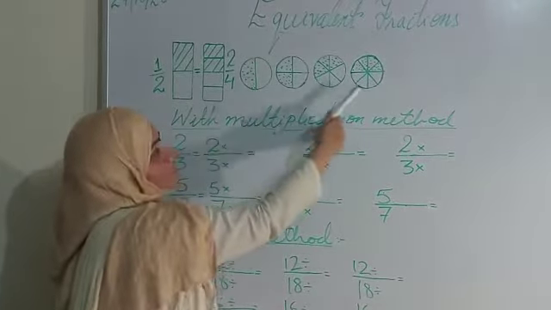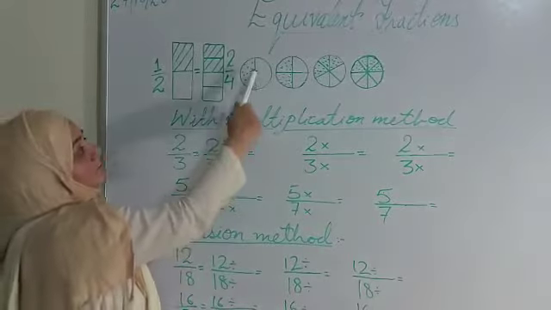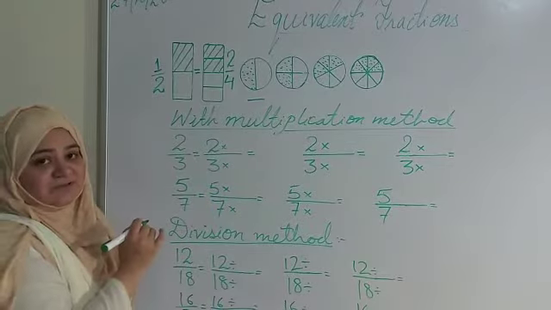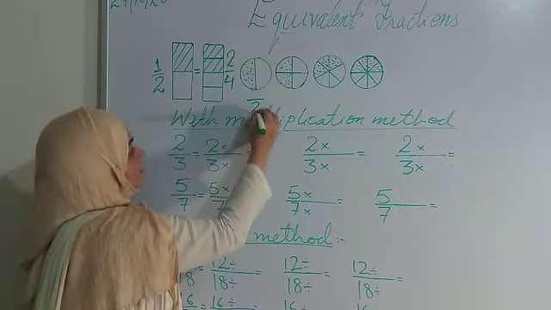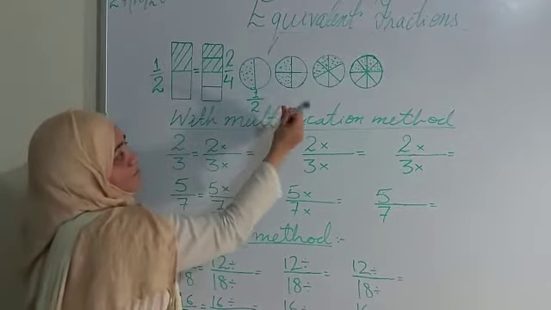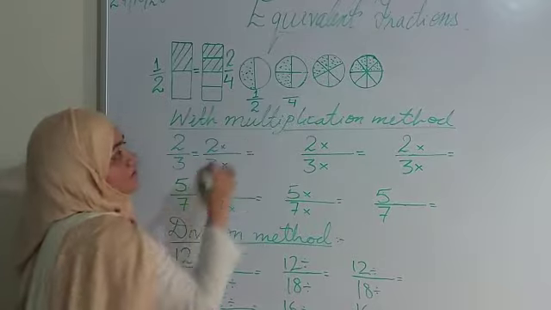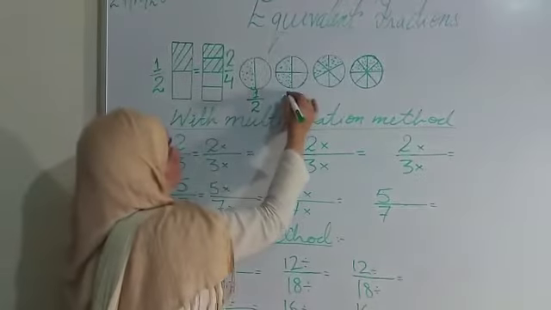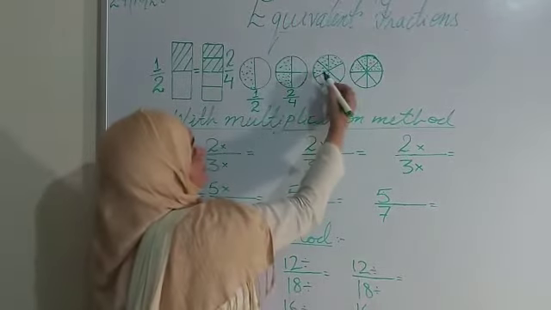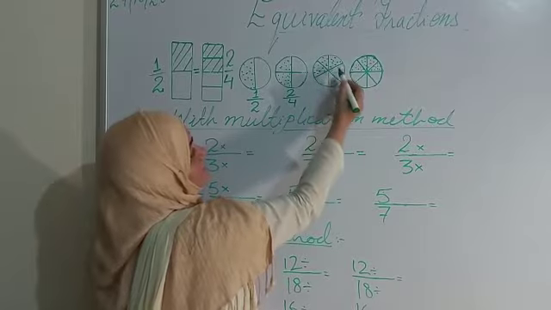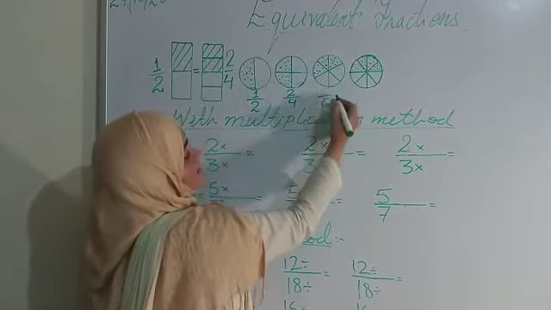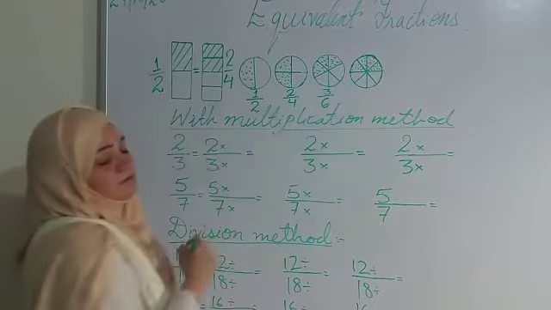Again looking at the other figures, which are circles, one figure is divided into 2 parts. So for the fraction, what will we write for this? 2 in denominator and shaded is 1, 1 upon 2. Here it is divided into how many equal parts? 4. 4 in denominator and how many shaded? 2. This circle is divided into how many parts? We can see that it is divided into 1, 2, 3, 4, 5, 6. So what will we write in denominator? 6. How many are shaded? 3. So 3 will go in numerator.